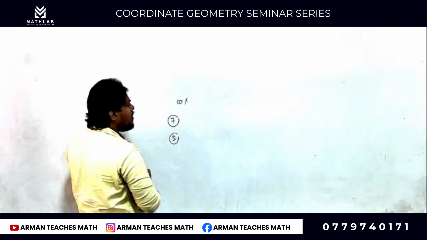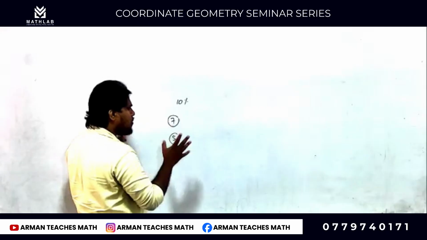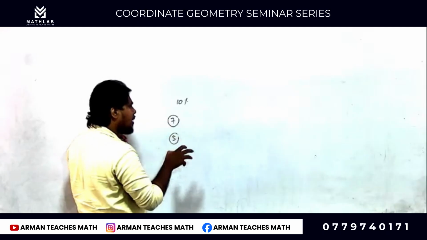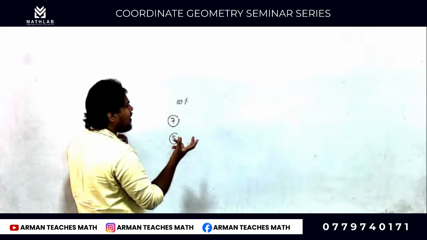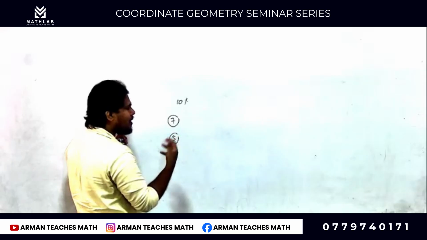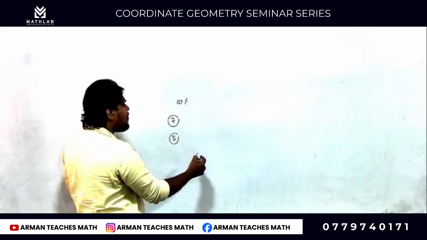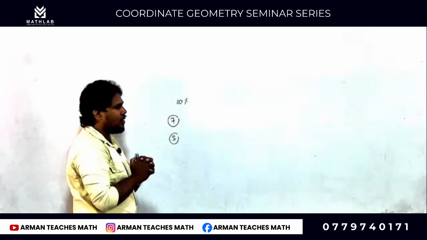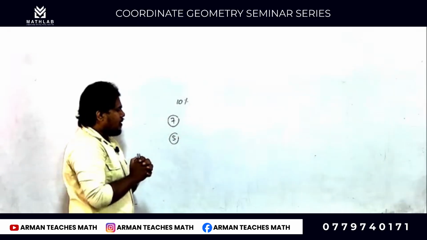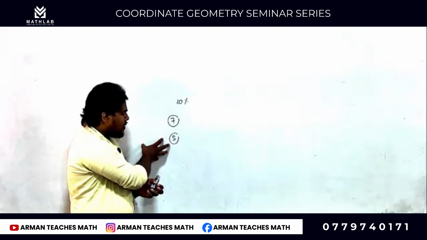Probably most of the students, with the trend that I have seen, when it comes to the pure paper, skip the complex numbers question because of the name complex numbers, they think that it's complex. It's not complex. The name complex numbers comes because it's a combination of two types of numbers. We'll discuss it in the complex numbers part. Today we are doing this one. But this coordinate geometry part,